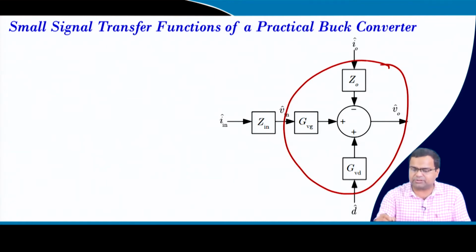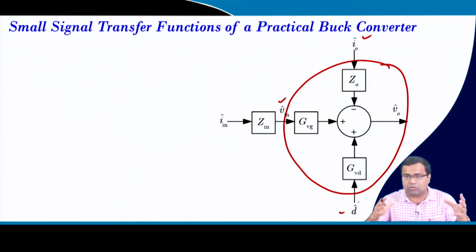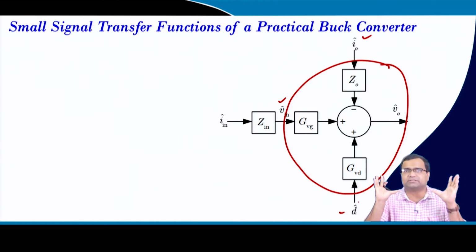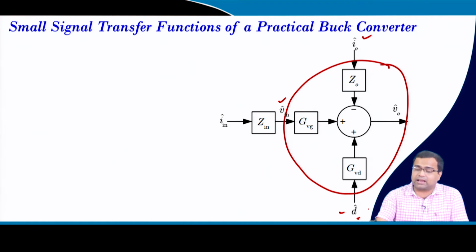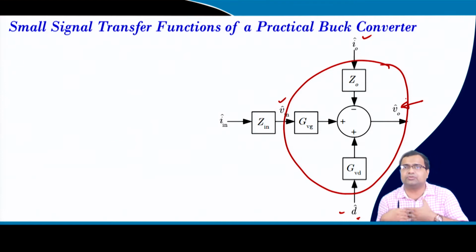That means we have a supply perturbation, a load perturbation, and the duty ratio perturbation. In the case of open loop, it is an intentional perturbation. That means we have not closed the loop, so in that case it is also a perturbation. And how all these individual perturbations can influence or affect the output, how they are going to change the behavior of the output voltage, that we are going to see.